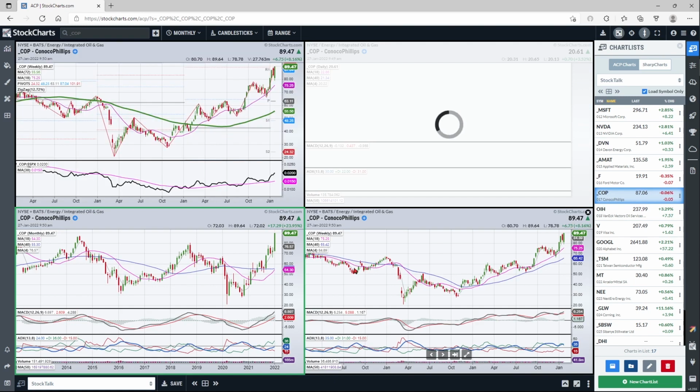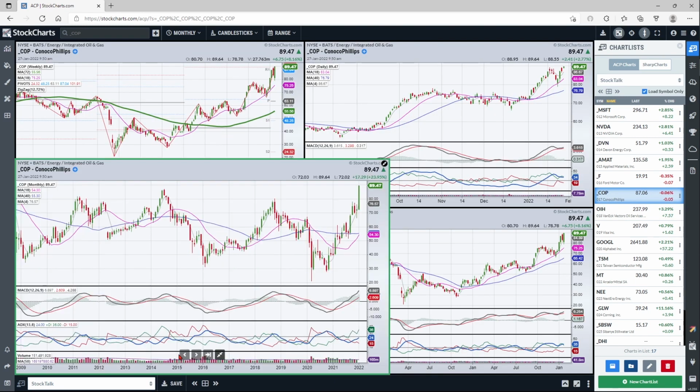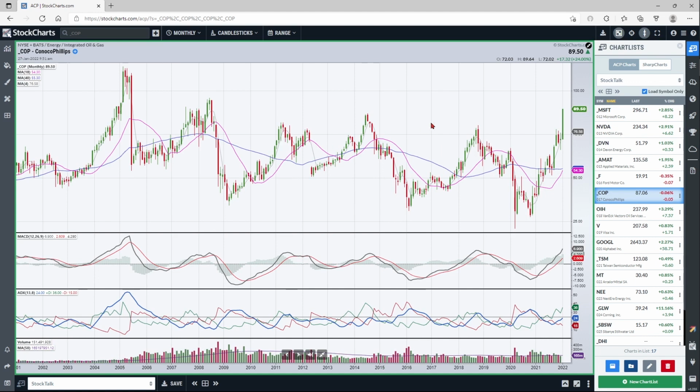Conoco, so really nice breakout, and we can see the longer term chart taking out some kind of key areas. Now, this is another one that's made a pretty big move in order to break out. So we're taking out some key areas, but we're kind of overbought in the process. This is the biggest weekly bar, monthly bar, that this has had since the start of the move.